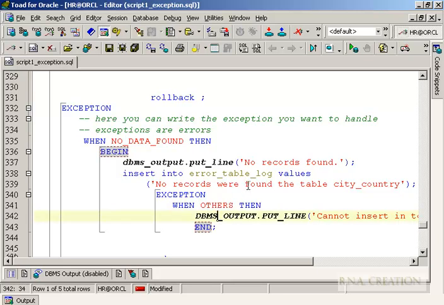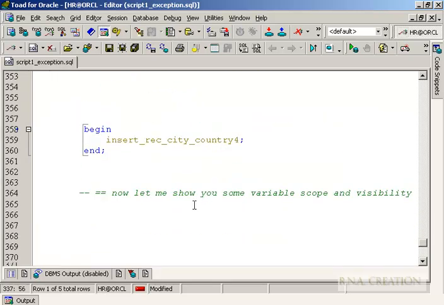It was able to insert a record here, even though there was an exception. So that's why you could find this message getting printed on the screen, and we can see if we type